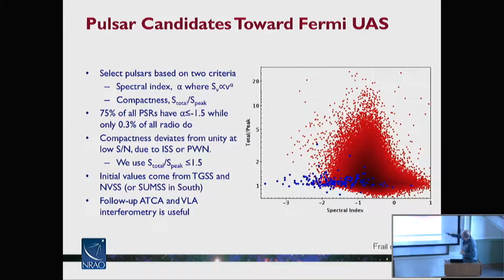So here are all the known pulsars with their spectral index and their flux ratio. And there are a few that are high here. Some have a pulsar wind nebula hiding underneath them. Some scintillate and break the Van Zee-Zernike theorem. But most of them, as you can see, are different from other radio sources: 0.3% of all radio sources in the sky have spectra steeper than minus 1.5, but 75% of pulsars have these steep spectral indices. So if you can carve off this piece of space, looking for compact steep spectrum sources, you're in an interesting part of phase space for looking for pulsars.